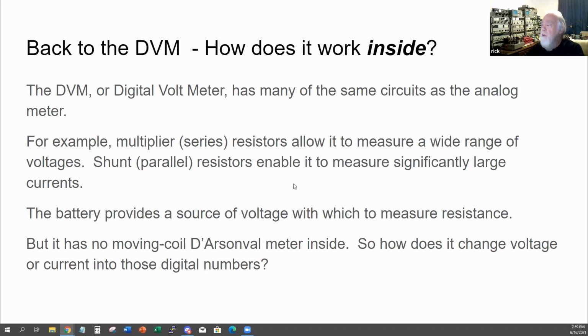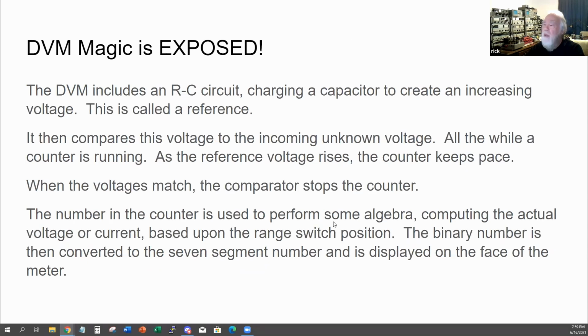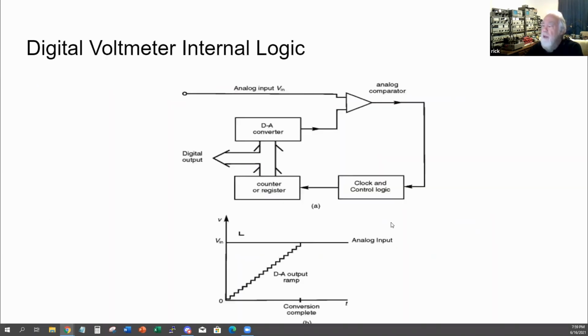or the resistance? We use several of the building blocks we learned yesterday about electronics, such as time constant with capacitors and so on. And if we look at the diagram of a DVM, we can actually see how all this happens. We're going to go ahead to another slide here. This slide here shows comparing your input voltage after going through your resistor network for voltage and current. We compare that voltage in this comparator to the output of a digital analog converter, and a simple mode of